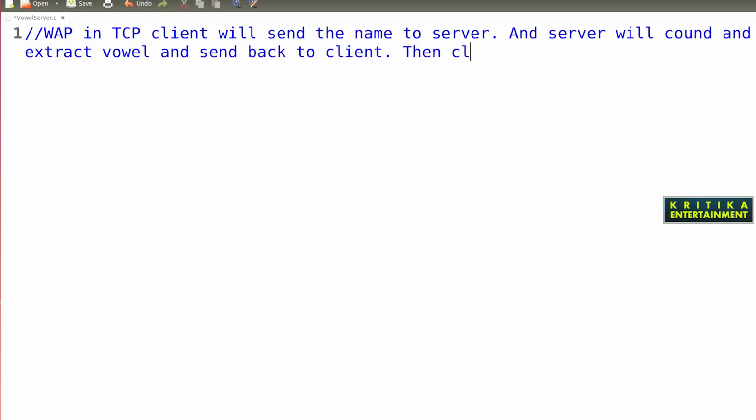Then the client will display it. So this is my program.